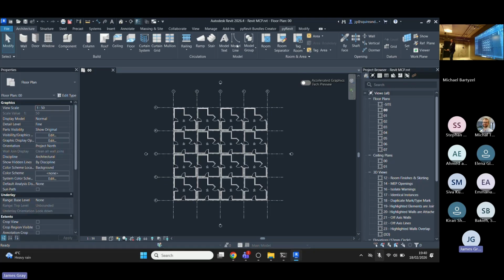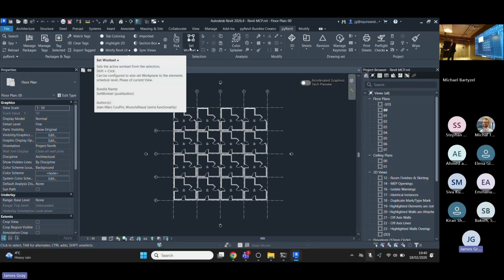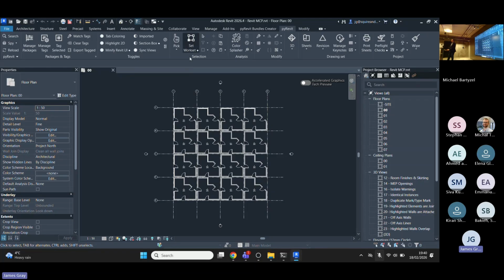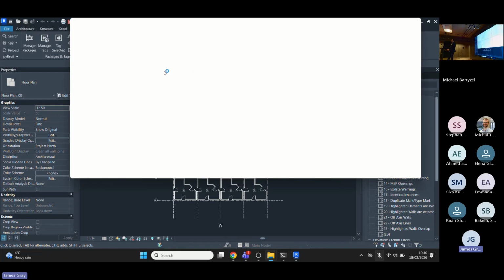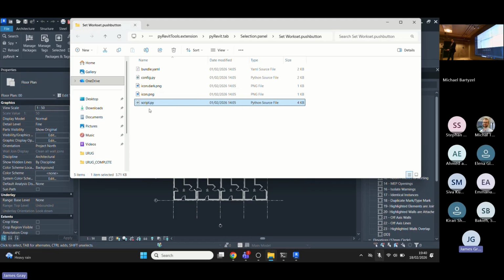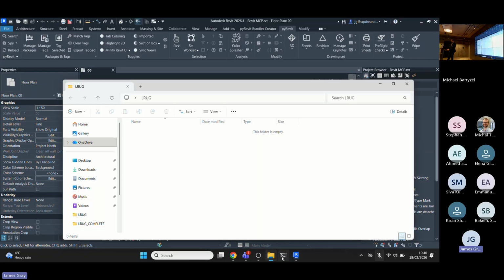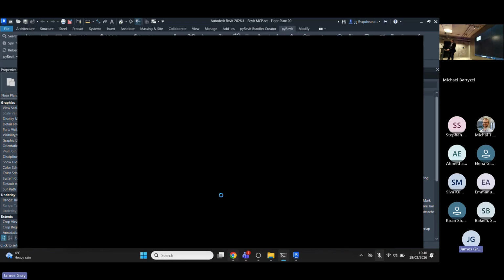So up on the top here, we've got the pyRevit toolbar. And I don't know how many of you actually use pyRevit, but it's a pretty good program actually. It's got loads of cool stuff in there. If you're building stuff yourself, you can also hold the Alt key and click on tools. That will open up the actual folder location of that Python script. Then you can double click on the Python script to look at it, or you can feed it into AI to build. So what we're going to do, first off the bat, is get this to build the scaffold for the